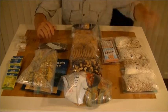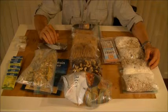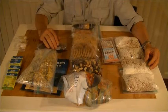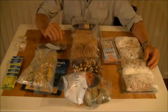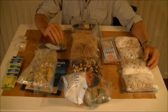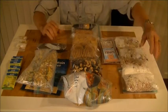Okay, here's everything laid out, man. This is about 8 pounds worth of food, which is enough for about 4 days. Well, actually I'm at about 1.75 pounds per day, so I'll have to weigh it up and see. They figure about 2 pounds of food per person per day. I'm in the ballpark, so I may add a little item or two to this. We'll see. At any rate, we have